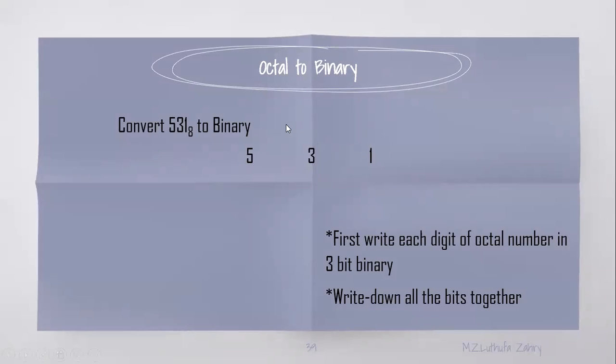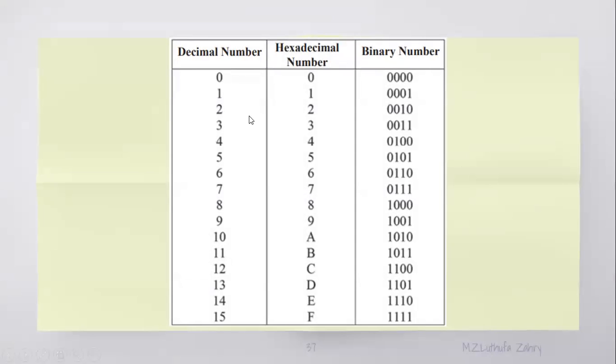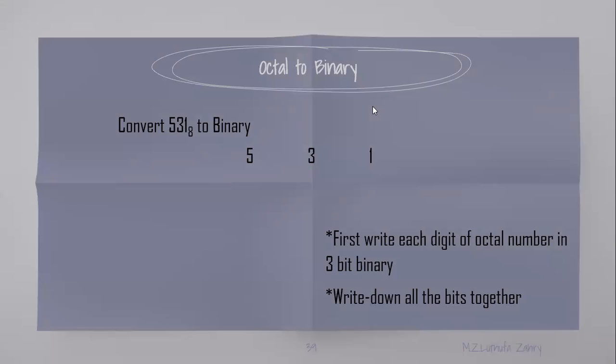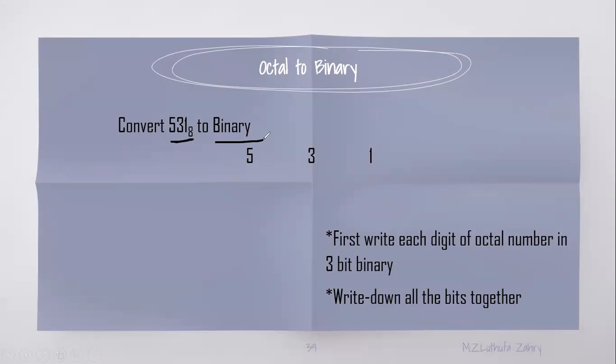Now, we saw binary to octal and binary to hexadecimal. Now we are going to see octal to binary and octal to hexadecimal. For octal to binary, you convert the octal number to binary. What you have to do is very, very simple. Take 531, write the number and write its binary with 3 bits, 3 digits. If it is 1, in binary it is 1, but the rule is you have to write it in 3 digits, so put 2 zeros in front and make it 001.